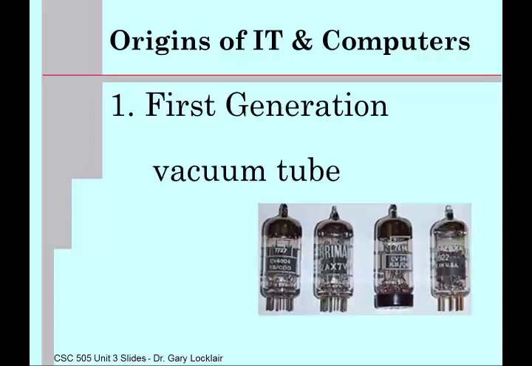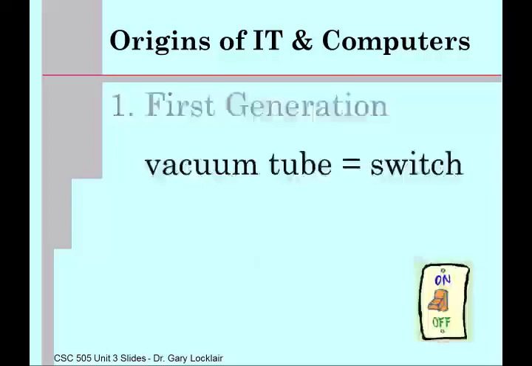Now you're wondering, what is a vacuum tube, right? I'm going to tell you. A vacuum tube is a switch. Now, if you're actually a vacuum tube engineer or electrical engineer, you'd say, well, technically a vacuum tube is an amplifier. Yeah, but we're going to use it as a switch, just like a switch on the wall. A vacuum tube is on or it's off. It allows the passage of current or it blocks it.